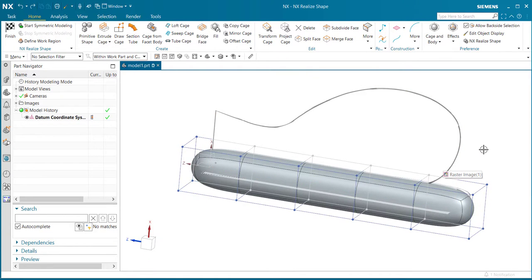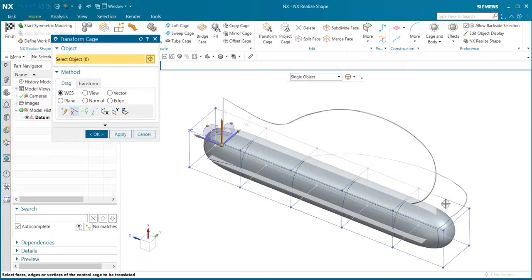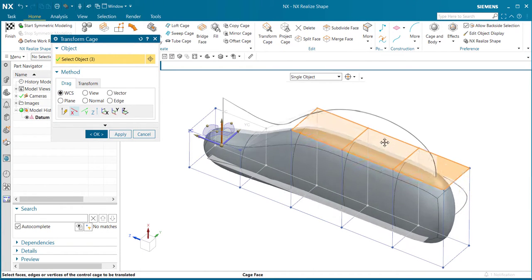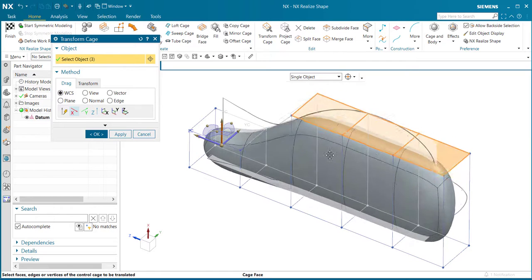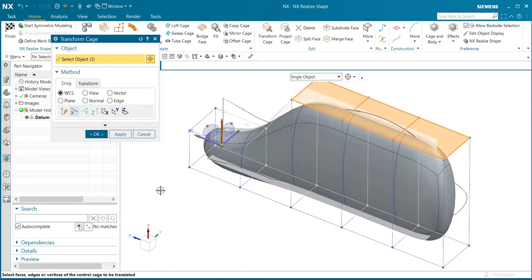So with our pill shape ready, we're going to go to the transform cage, and we're going to use the XC axis. I'm going to select these 3 top faces. So I'll hold down my control key and select these 3. I can let go, and then I can select just any one of them, and then I pull and drag, and no matter which way I move my cursor, you can see I have basically a vertical pull. So with that, I'm going to pull it up close to that, and I'm going to select